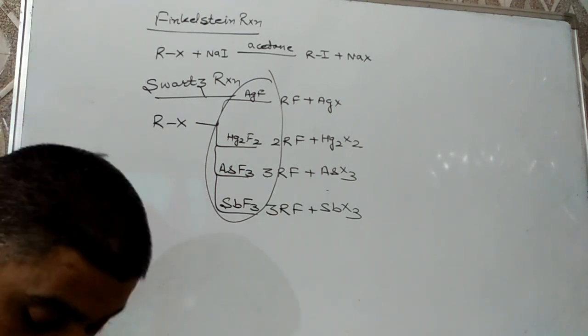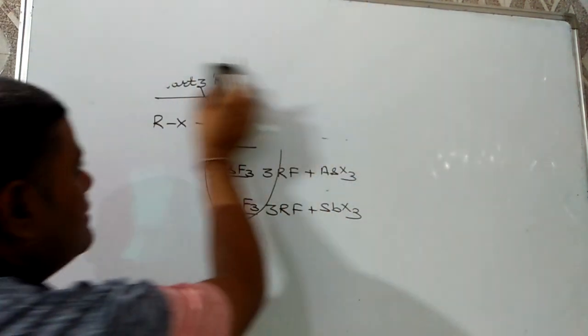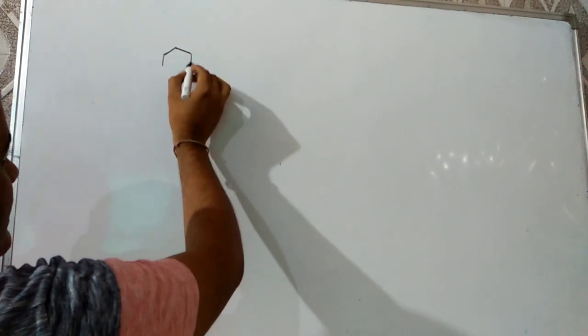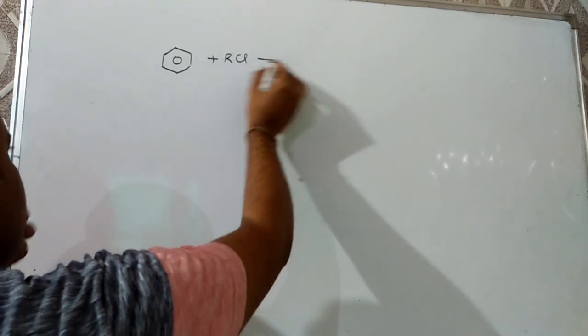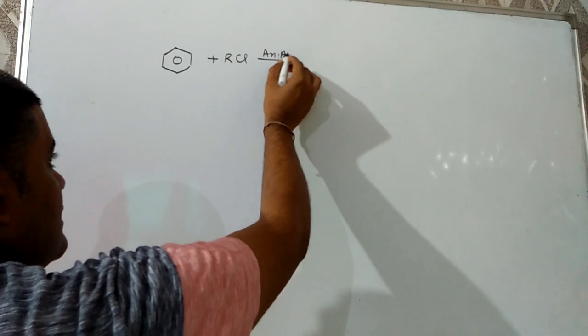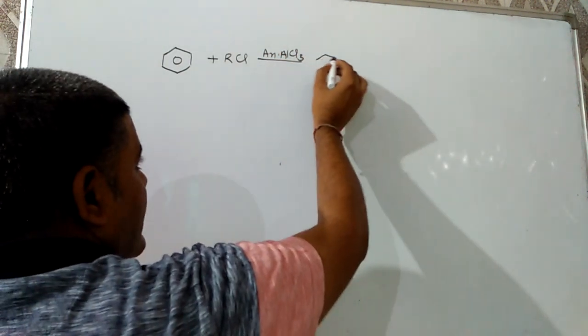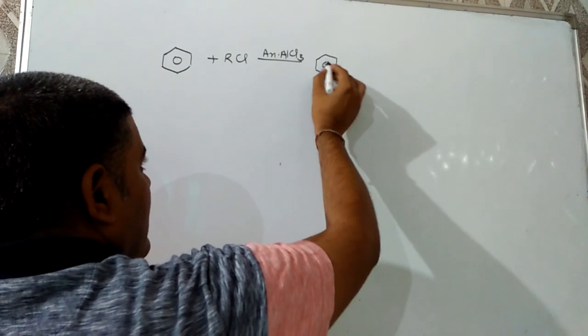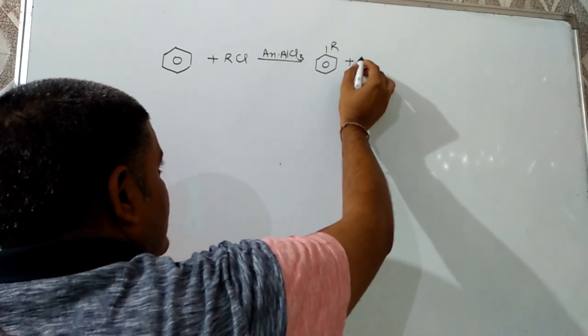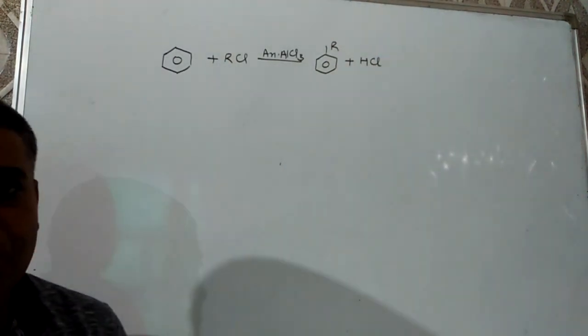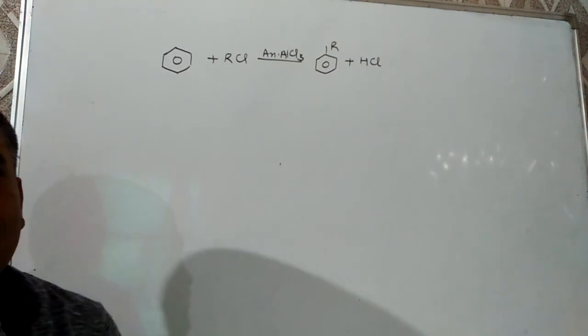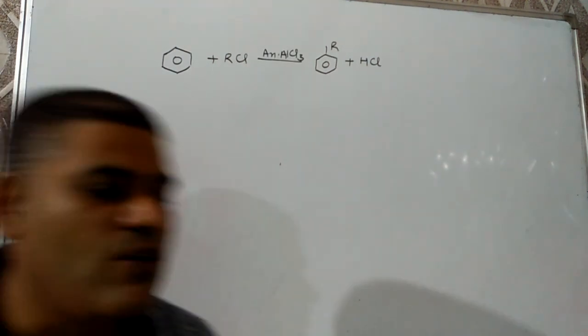Next is substitution by phenyl group, or Friedel-Crafts alkylation, a very important one. When benzene and its derivatives react with haloalkanes in the presence of anhydrous AlCl3, we get a higher aromatic hydrocarbon as product. Here one interesting thing is there. For benzene, this is an example of electrophilic substitution, but for haloalkane, this is an example of nucleophilic substitution. Now there might be some questions over it.